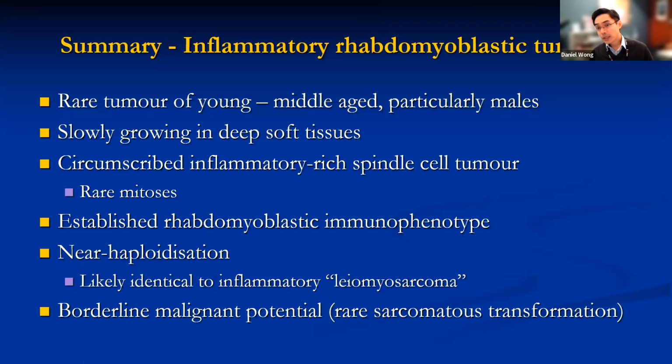And so in summary, inflammatory rhabdomyoblastic tumor is a rare tumor which classically occurs in young to middle-aged adults, particularly males. It's a slow-growing tumor in deep soft tissue. Histologically, it's a circumscribed inflammatory-rich spindle cell tumor, and it has rare mitotic activity. By immunohistochemistry, it shows an established rhabdomyoblastic line of differentiation, and at a genomic level, it shows near haploidization,